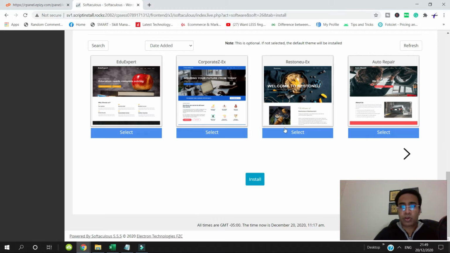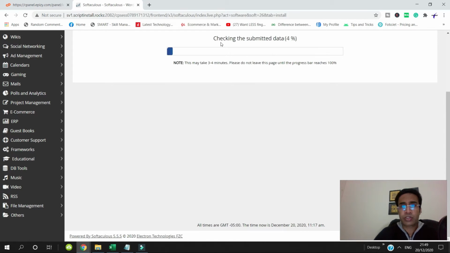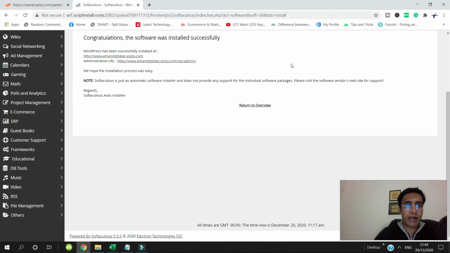Now you have to scroll down, and once you scroll down, you will see the install button. You have to click on install. Once you click on install, you will see that WordPress will start installing. Since this is a free platform, it might take some time for your WordPress to get installed. If you get any error, you refresh the page, or you can try again after 5 to 10 minutes. Ideally it takes hardly 2 to 3 seconds to download WordPress, as you have seen just now.